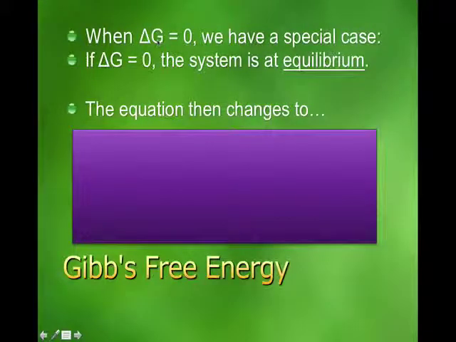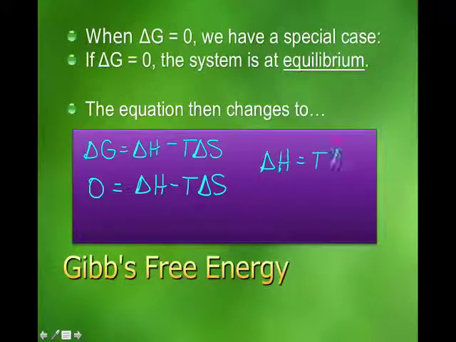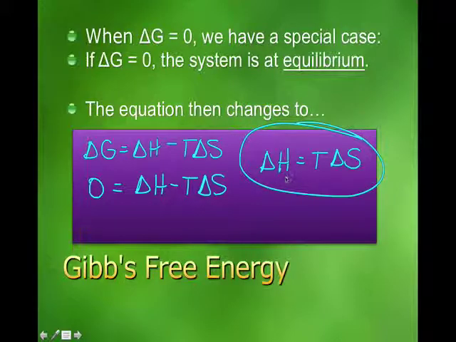All right, when delta G equals 0, we have a special case. If delta G equals 0, the system is at equilibrium. So no energy is being given off, no energy is going in. It's just at equilibrium. If we do that to this equation that we have already used before, delta G equals delta H minus T delta S, if we're at equilibrium and this is 0, we end up with 0 equals delta H minus T delta S. And then we just do a quick rearranging of this and we see that delta H equals T delta S. And this is the equation that you can use when you're at an equilibrium